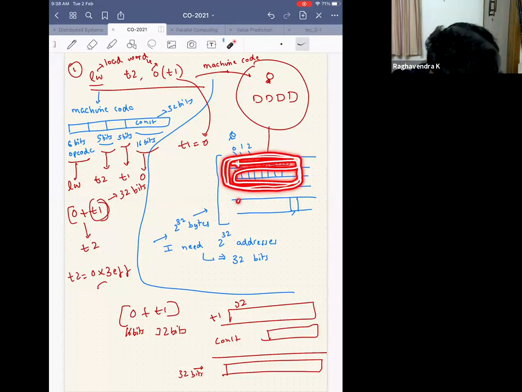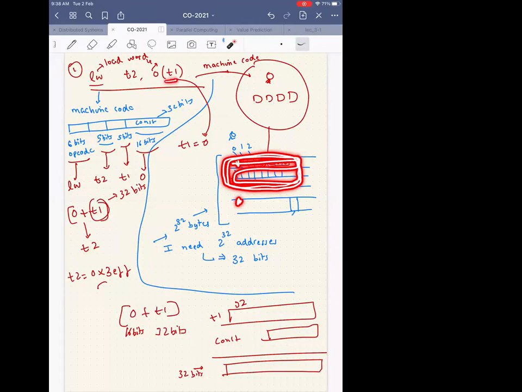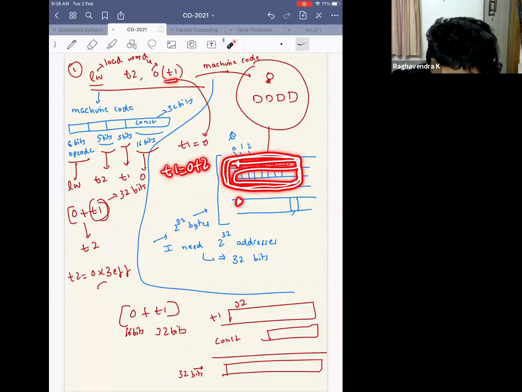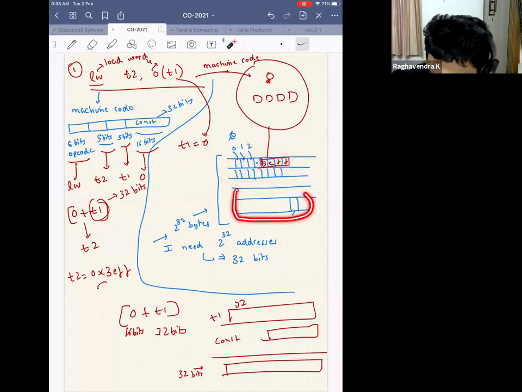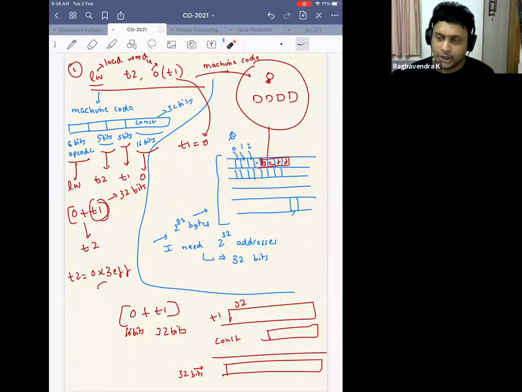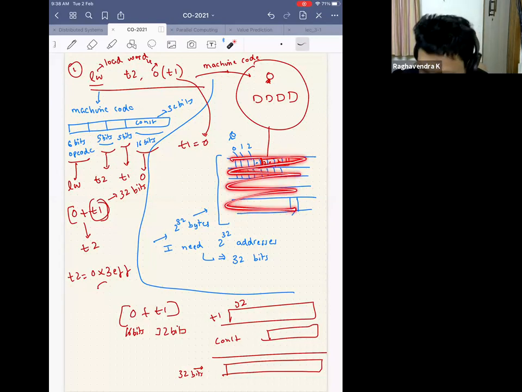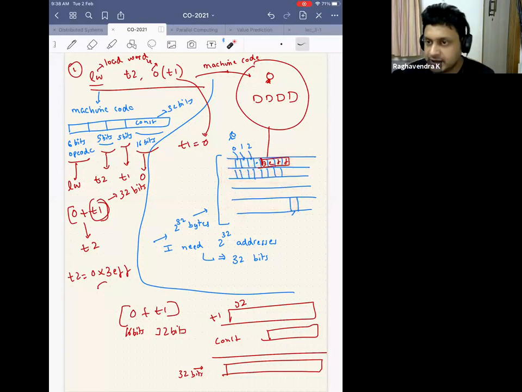Now, if I want to access something here, what should I change? T1, right? So I have to say T1 is equal to 0 plus 2 power 16, and then take the offset. So I'm just limiting the offset to 16 bits, which is still okay for me. I am not losing or gaining anything by increasing the number. It's just that the range is enough for me. If I have an array stored across all of this, I will be able to access only half of it, and for the other half I just have to change the base value. That's all.